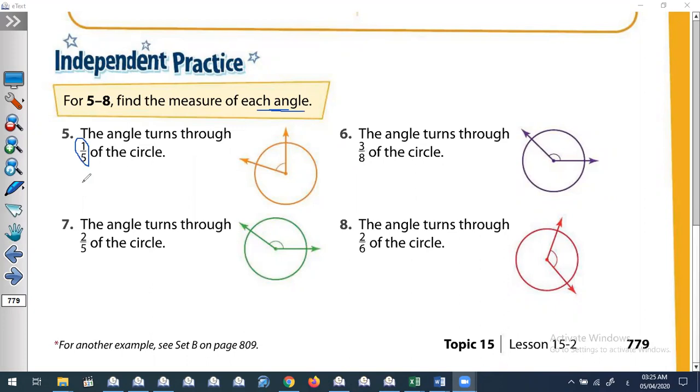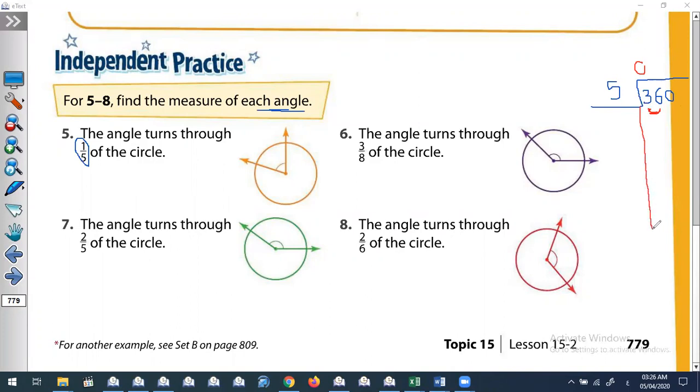Let's find 360 divided by 5 by using long division as usual. Write 360 here, divided by 5. Start with the left, which is 3. Can we divide 3 by 5? No. So put 0, take another digit. The new number is 36. Can we divide 36 by 5? Yes.